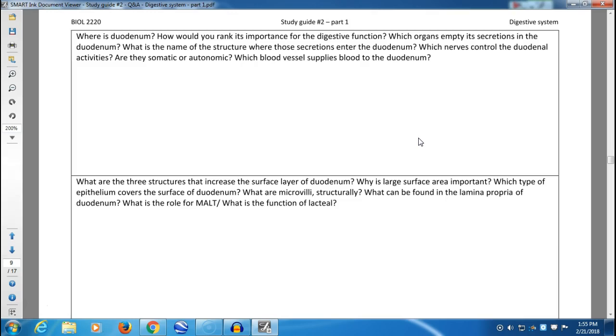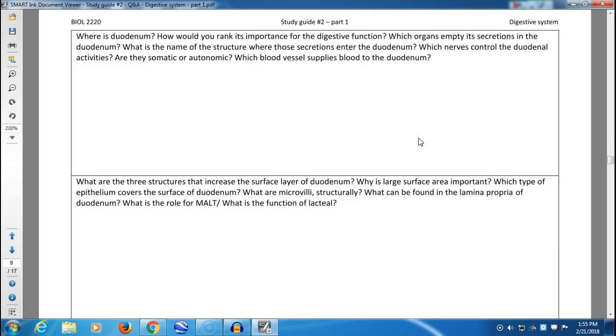Yeah, nerves control the duodenal activities. It's going to be the splanchnic nerves from sympathetic and vagus for parasympathetic. Nerves that control duodenum, are they somatic or autonomic? Autonomic. Blood vessels, superior mesenteric artery. What's important is that the entire intestine is connected to the liver, especially small